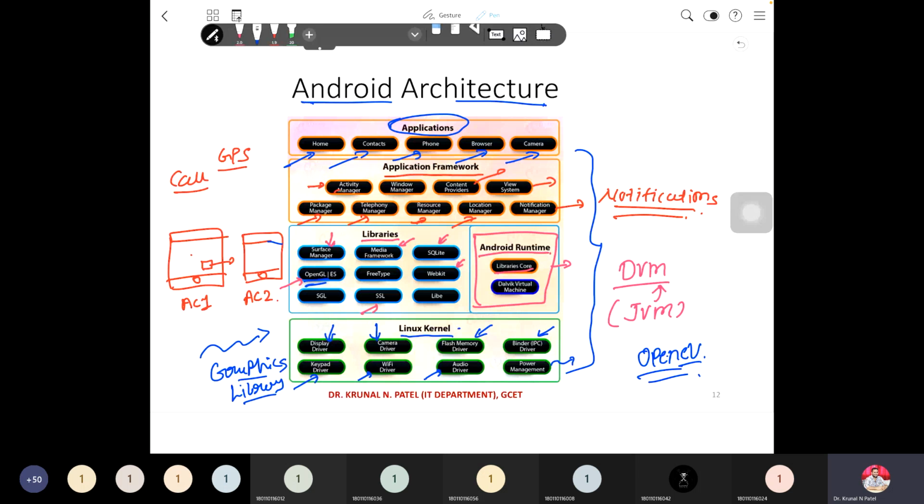In our last session, we started with the overview of Android. We saw what Android is, what the applications of Android are, and what the features of Android are. After that, we also saw the architecture of Android, right? So in this architecture, again I'm repeating this,